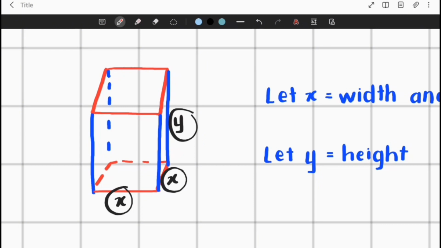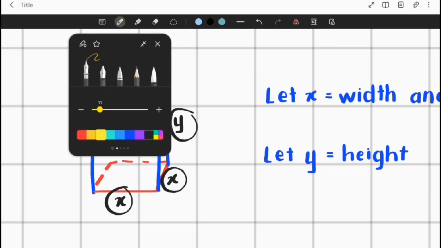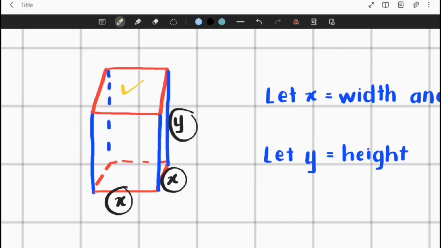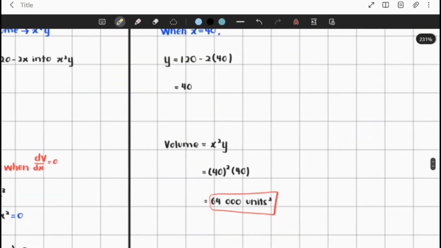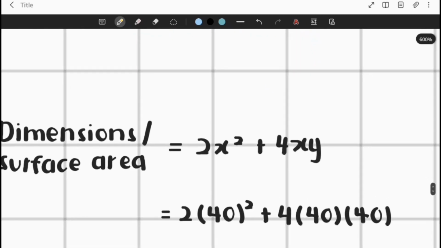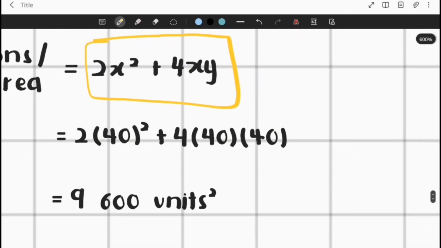Here we can see that there are two square surfaces, and at the front and sides we have 4 rectangular surfaces. That's why we have 2x squared plus 4xy as the formula, and we substitute the values of x and y, and we get